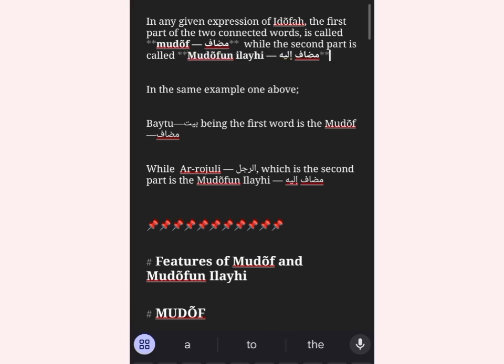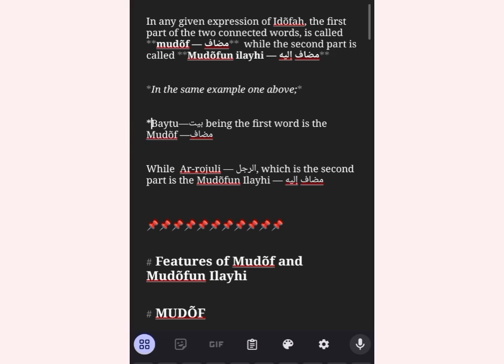Mudaf ilayh. Please take that note. Take note of that in your notebook. Mudaf ilayh. So let's take a look at some of the above examples. In the example baytul rajuli, bait is the first part that is added, so we say it is mudaf. Bait is mudaf, and of course, in that sense, ar-rajul is going to be mudaf